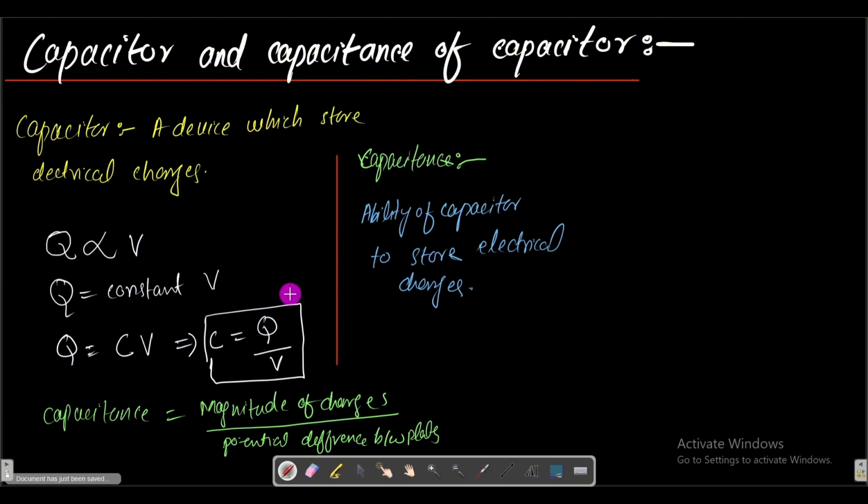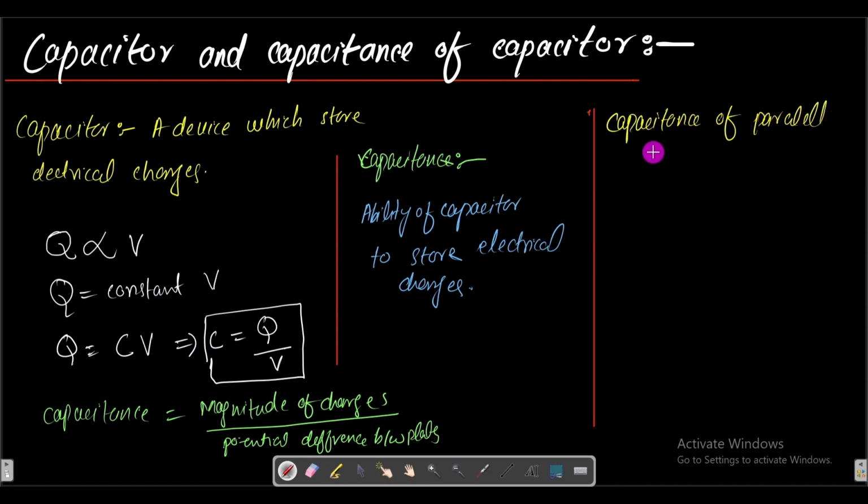Now this is the formula for the capacitance of the capacitor. Now we are going to generalize, to specify this formula to the parallel plate capacitor. So the same formula for the parallel plate capacitor I can write as: in order to find the capacitance for the parallel plate capacitor,